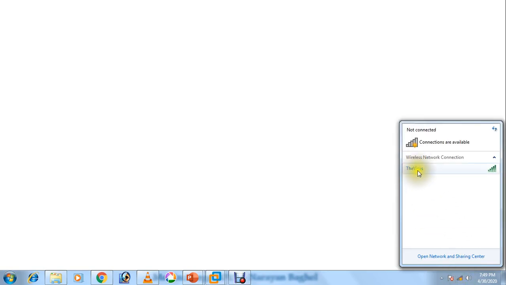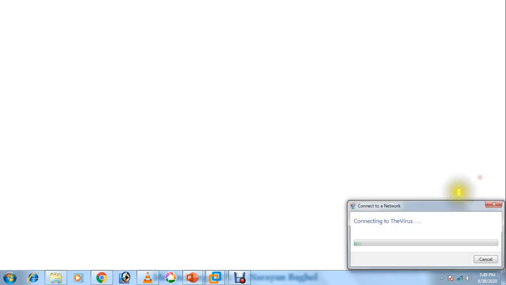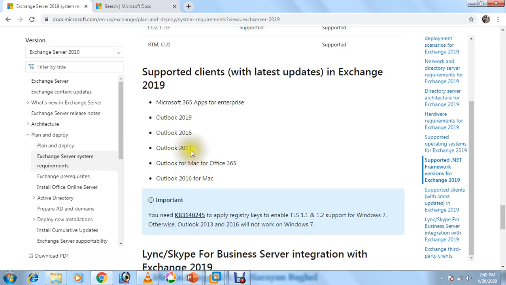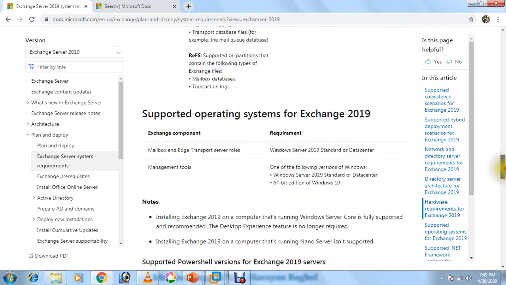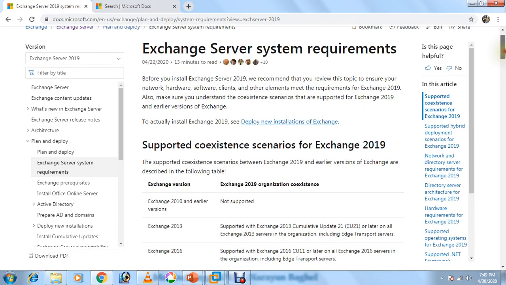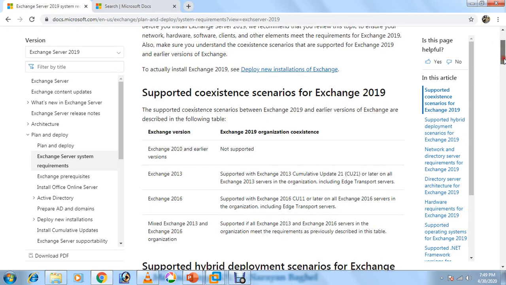Let me connect to the internet, and if you search here, you can see lots of specific information. Here I can show you the Exchange server system requirements and supported coexistence scenarios, like older versions and with which version it will be supported or not supported.